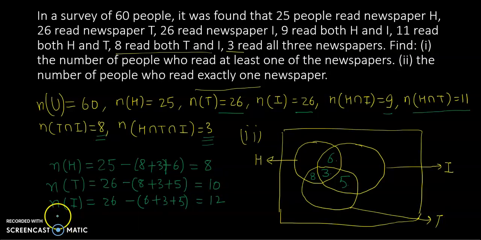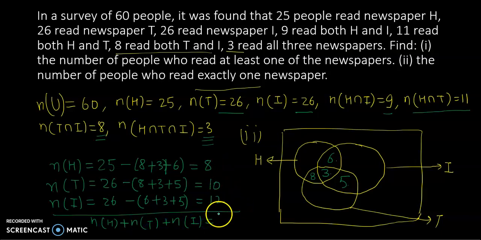Now if I total the number of people reading only H, only T, and only I, that comes out to be 10 plus 8 plus 12, which is 30. That means 30 people are there